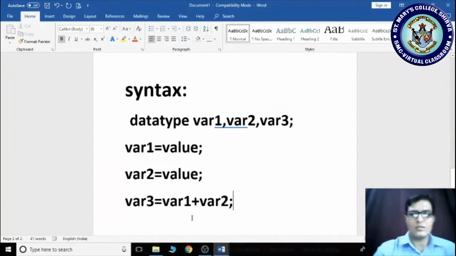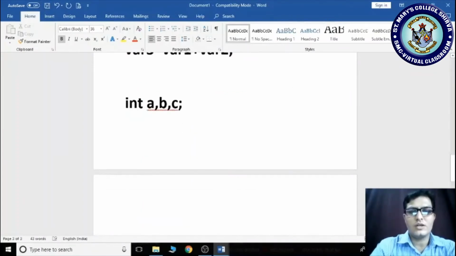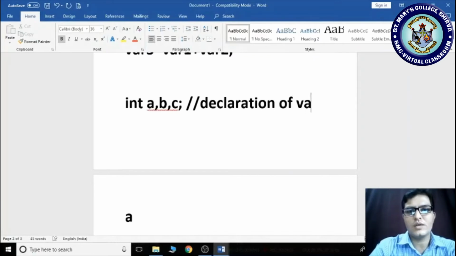For example, I am declaring here int a, b, c. This is the declaration. Please observe here, this is a single line comment. Comments are non-executable statements: declaration of variable.